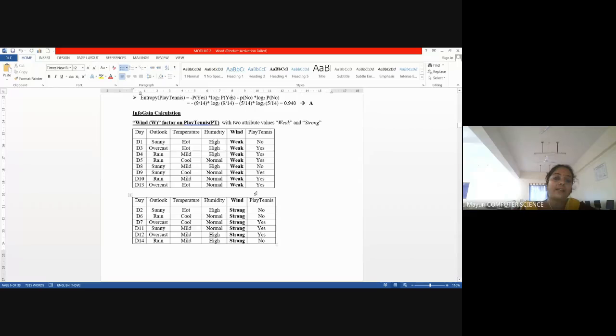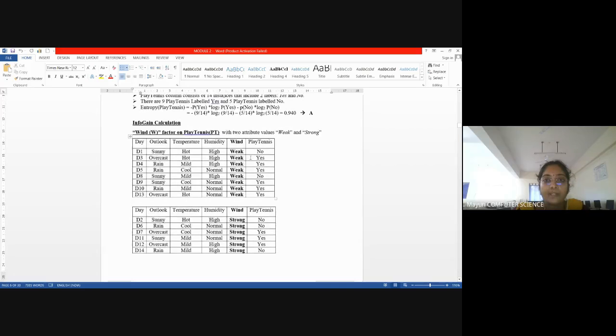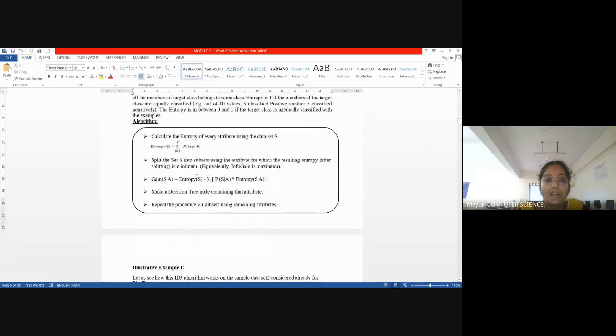So, calculating the entropy now, I need to calculate the info gain of wind. But in calculating the info gain of wind, I had a term in the formula. I need to calculate the entropy of wind with respect to play tennis. So that is there in the formula. I'll just show you if you want. You see that I know the total entropy, which is 0.940. No issue. This also I will do. Probability of play tennis with respect to the attribute wind. But what is this entropy here? This is the entropy of play tennis with respect to wind.